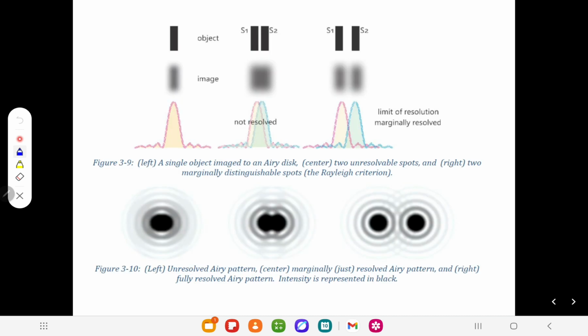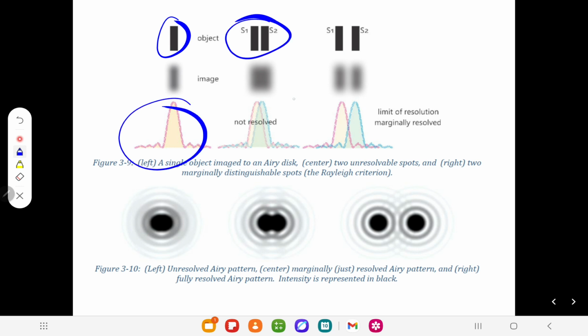It means this. See, one object definitely forms the iridix. Two objects which are close together cannot be resolved. Can you resolve it? No. Cannot resolve because one peak falls under the other peak, not here. It should fall here, isn't it? For minimum resolution, it should fall here, at the first minima of the other. This is another iridix. This is another iridix. So it must fall under this